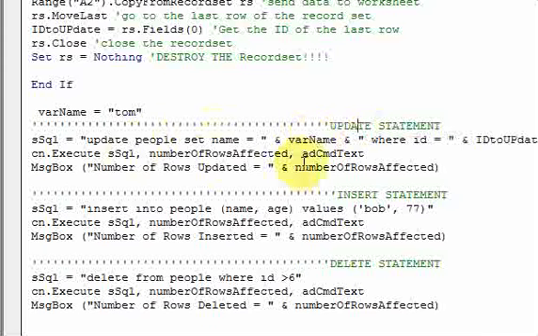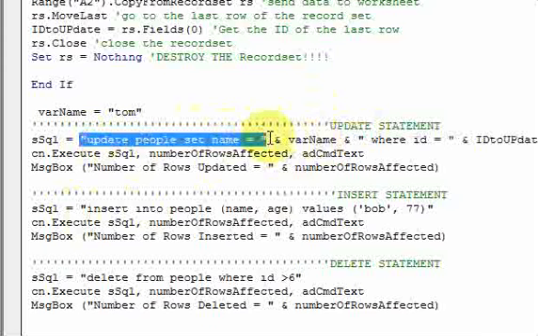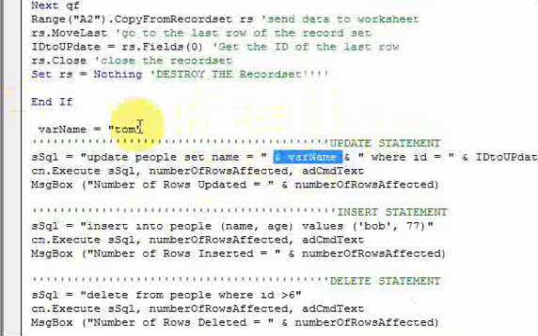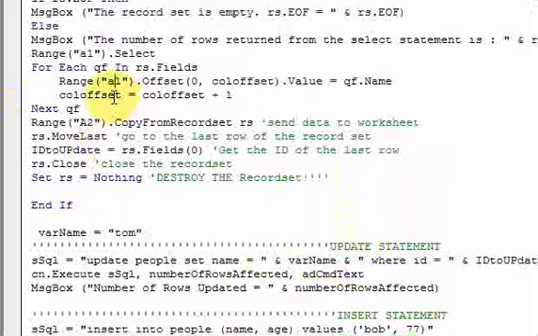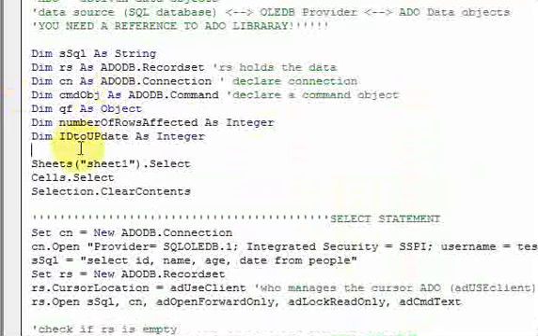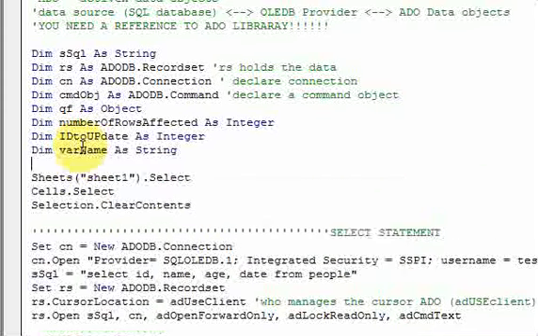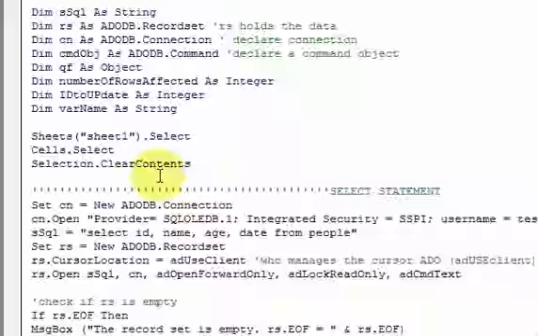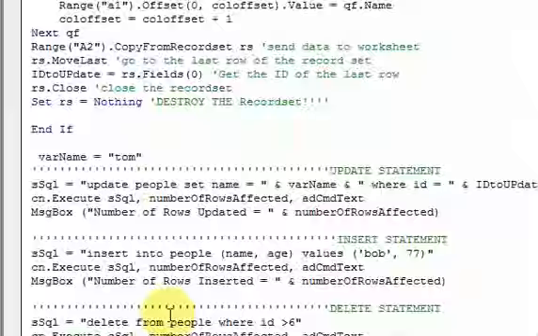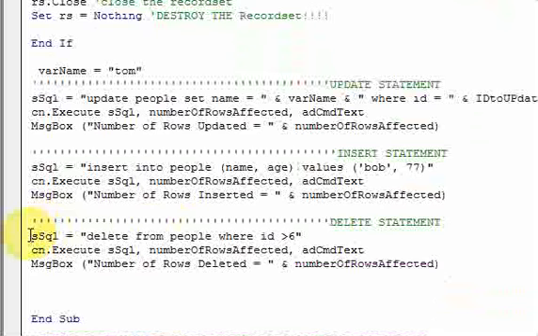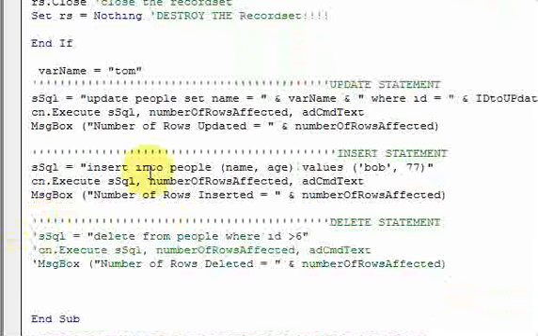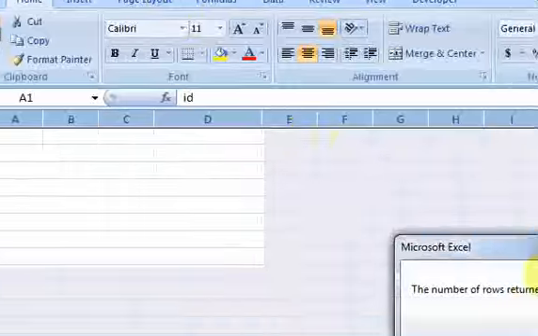So if you want to alter any of your SQL statements in VBA, just break up your SQL statement with quotation marks like this, and then put ampersands around the variables. So var name is equal to Tom, and I'll declare var name up here. I'll do dim var name as string, and there I go. Now I have a dynamic statement. I'm going to comment out this delete statement because I want to see the rows now. So if I run this,